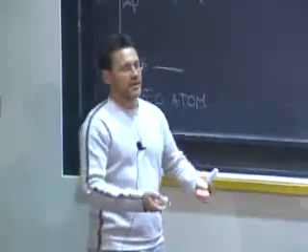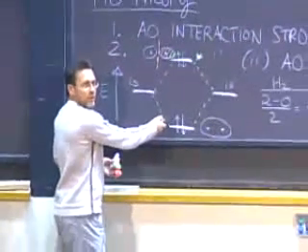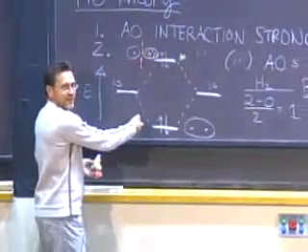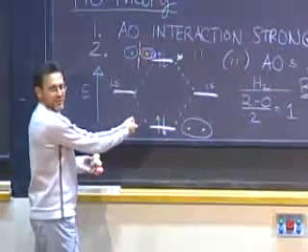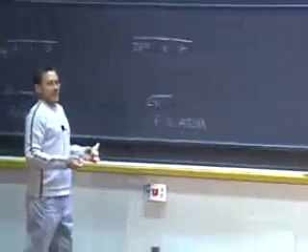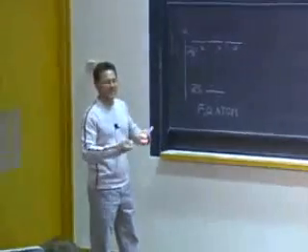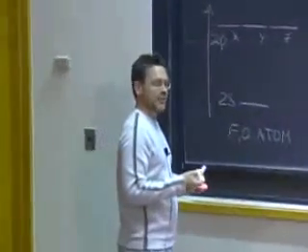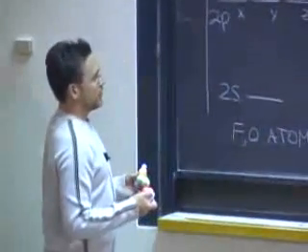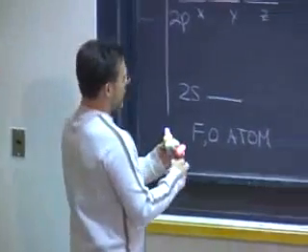But the ideas are the same, and very much the same as what we have for H2, where also we could make molecular orbitals despite the fact that there was no atom at the center of our system. We can pretend that there is, and we can use that pretend atom to identify what linear combinations we should make. A simpler way to do it at this point would be to say that our molecule